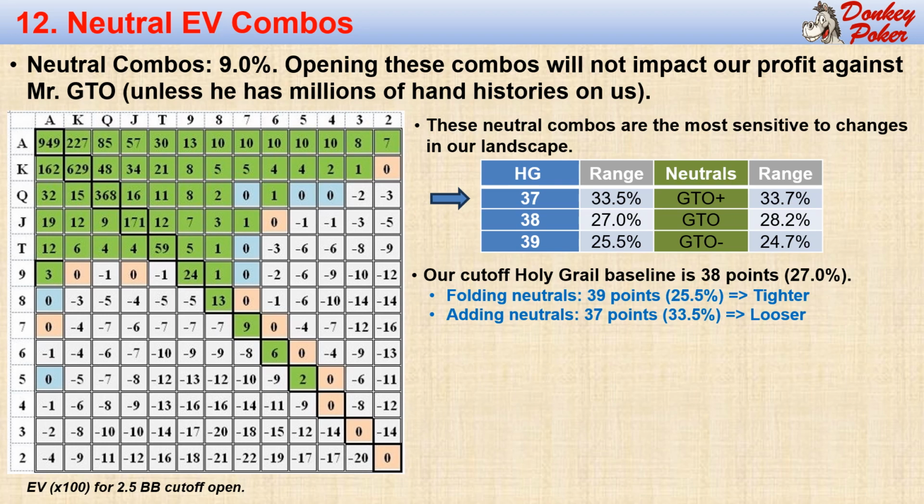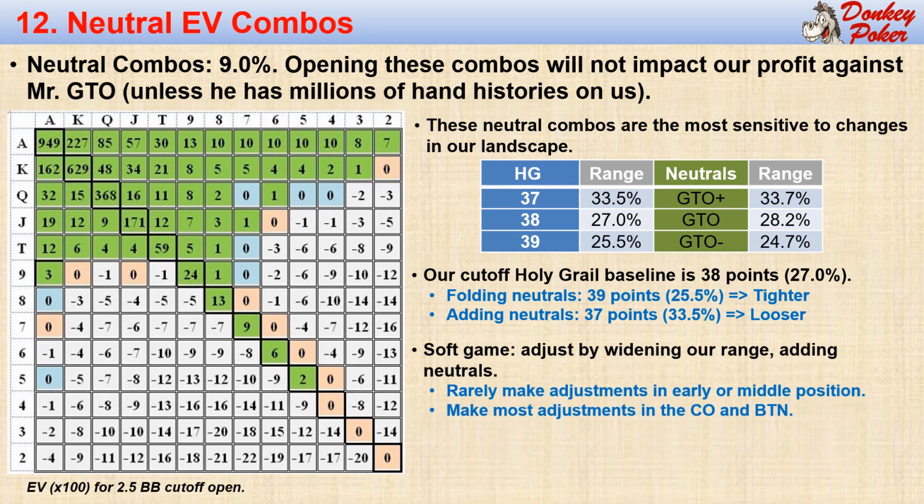This would increase our opening range to 33.5%, which is very close to the GTO Wizard range plus the tan combos. So when we are playing in a soft game, we might want to widen our range by a CPI point to include some of the extra neutrals. We might want to open even wider than this sometimes, say by using a 36-point index in this case. This would include some of the -1 combos like A6 offsuit, which might be slightly plus EV in a soft